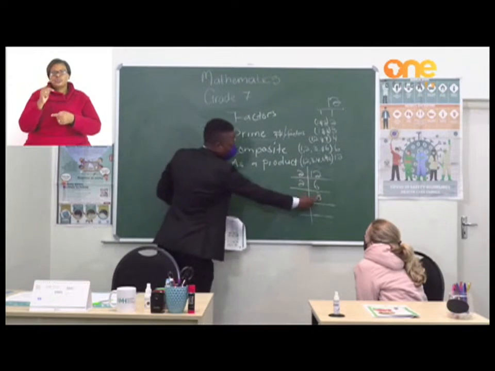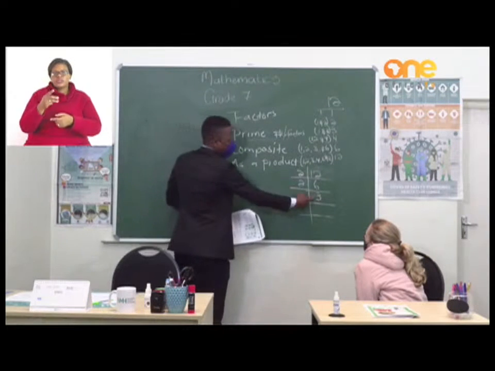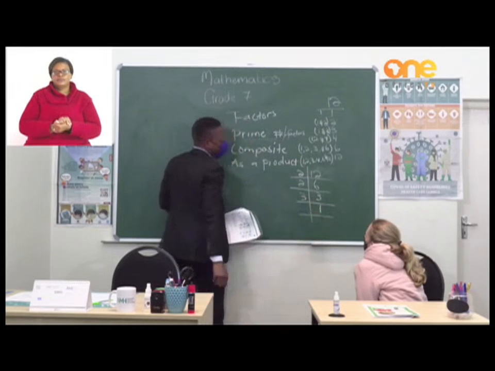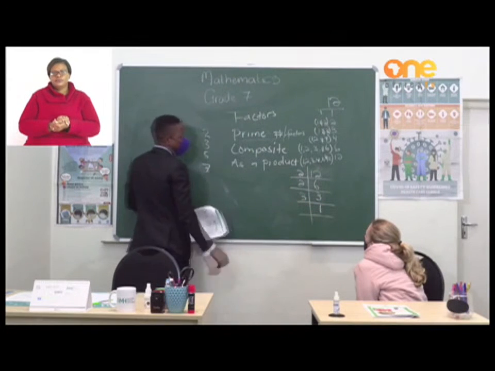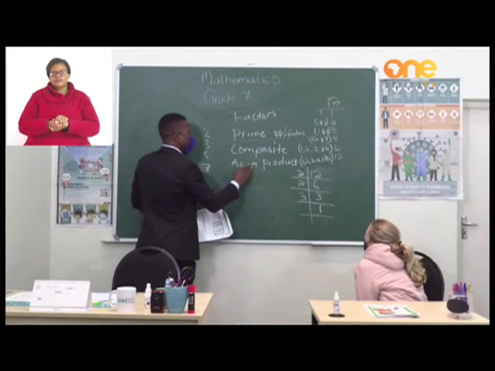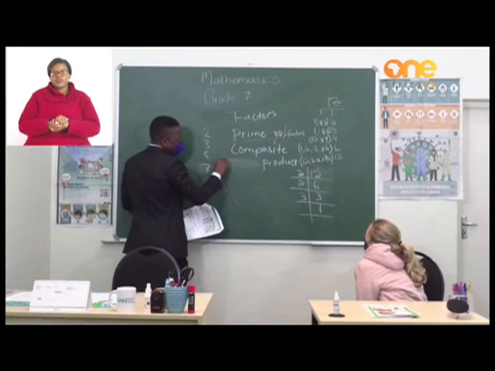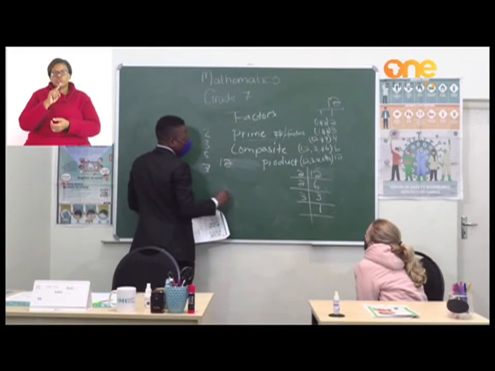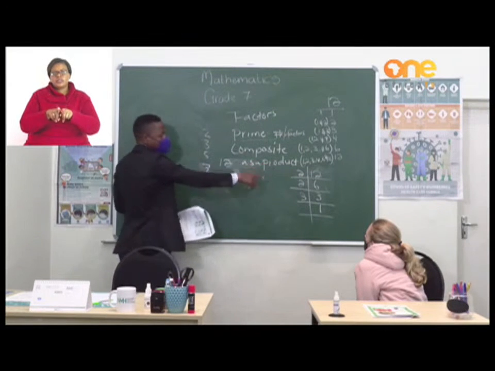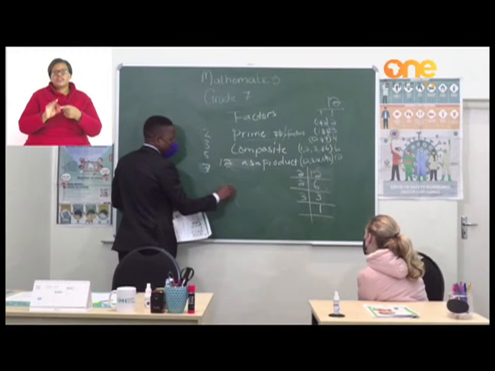2 cannot go into 3. 3, of course, can go into 3, so 3 goes into 3 one time. Now to answer the question right, to write 12 as a product of its prime factor, we write it 12